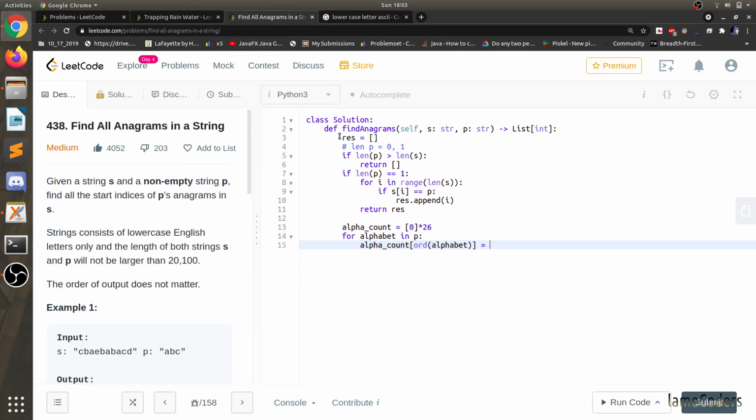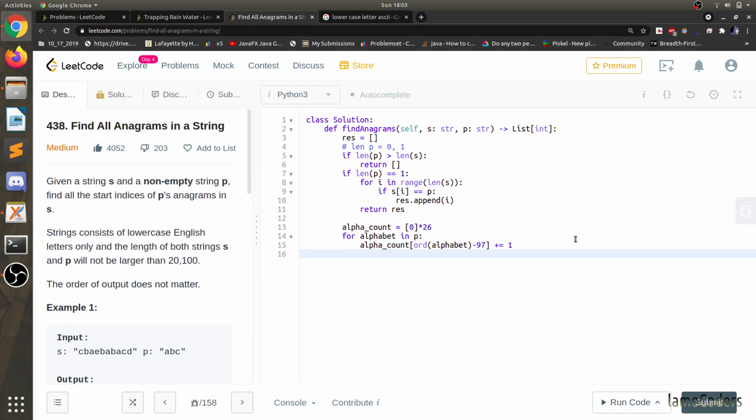To get the index, just subtract 97 from the order of the alphabet, and then add 1 to it. So it is taken care of.